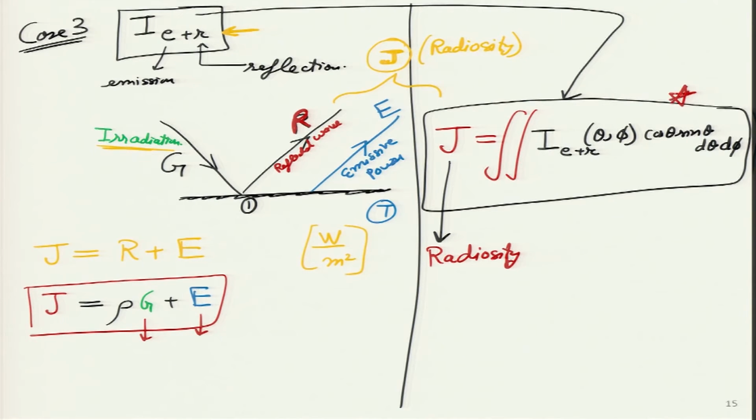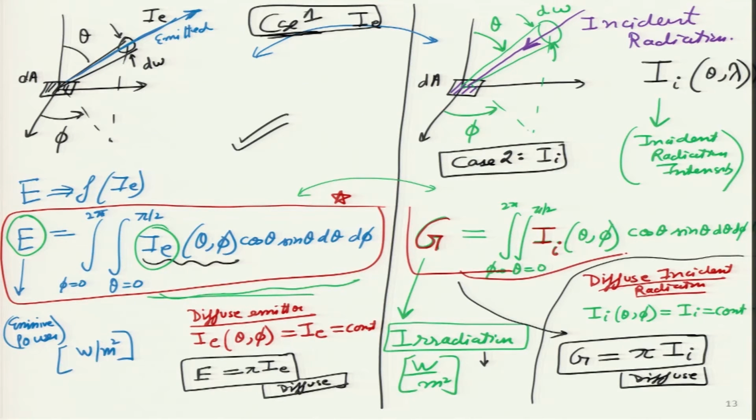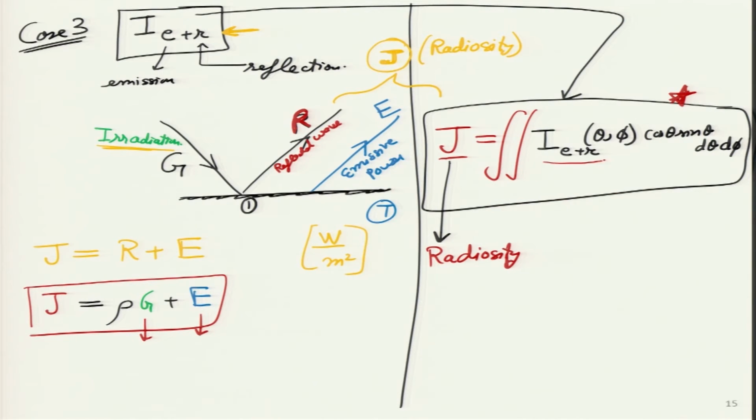So, you can see this red star equation, and if you go back 2 slides, these equations which I am bordering now, this red star and this one, all three appear very similar, at least to me. How? In the first equation, I has a relationship with I_E; in the second, G has the relationship with I_I; and in the third, J has the same relationship with I_{E+R}. Which means, is there a way I can make the assumption which I have made earlier, that if the diffuse